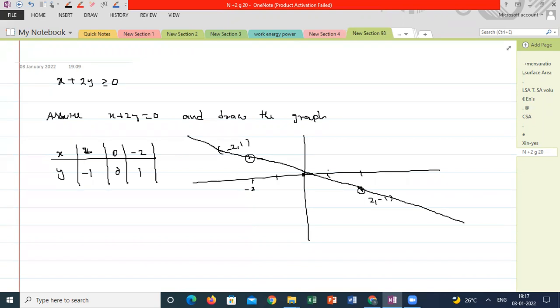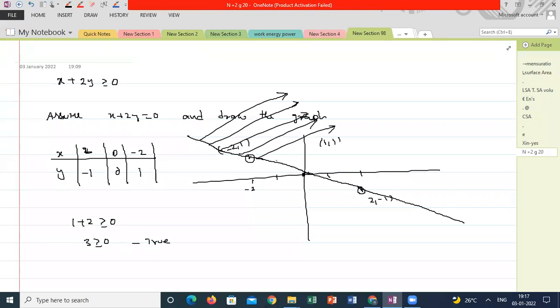Which side do I have to shade? That is important. Instead of saying above the line and below the line, please shade the graph, and the shaded region is the solution. Because of the equality symbol, the points which are on the line are also in the solution set. But which side of the line do I have to consider as the solution set here? So I am taking 1, 1, which is on one side of the line. Substituting 1, 1: 1 plus 2 is greater than or equal to 0. That is 3 greater than or equal to 0. It's a true solution. So I have to shade including the line, touching the shading with respect to the line.